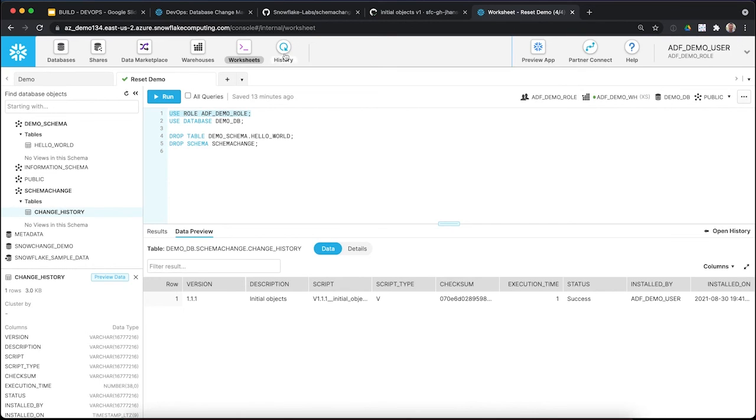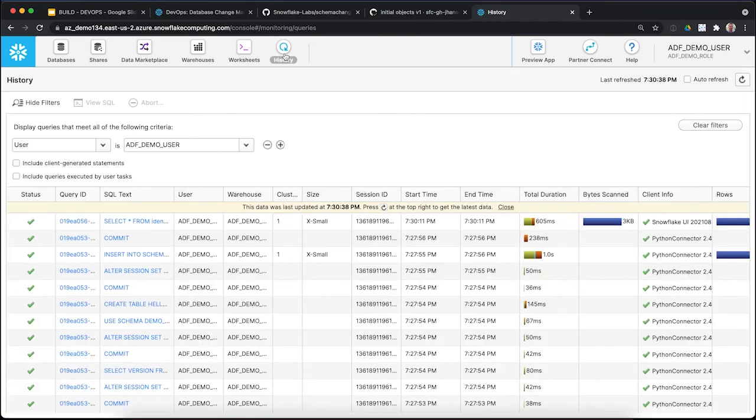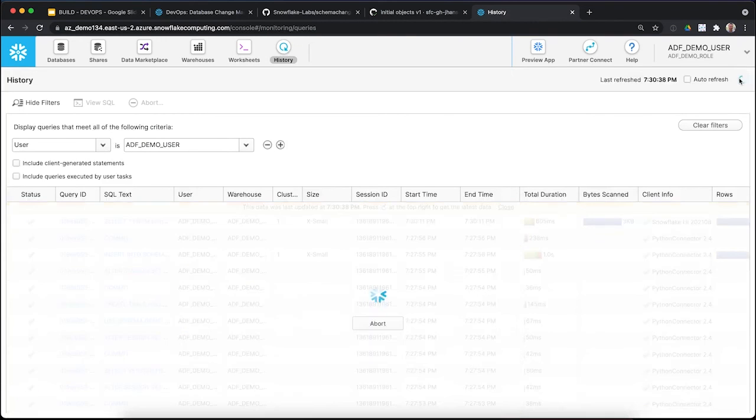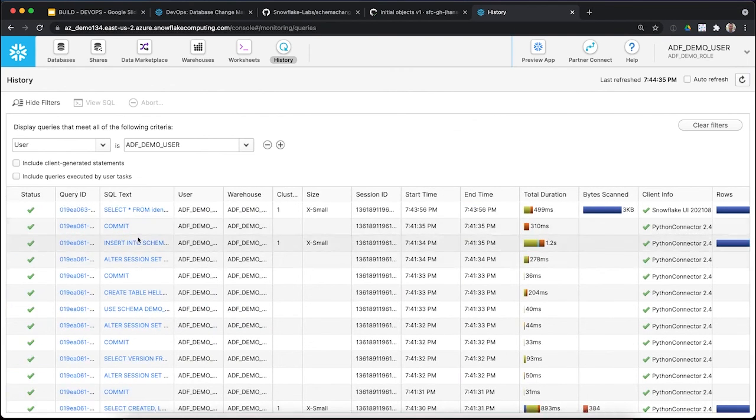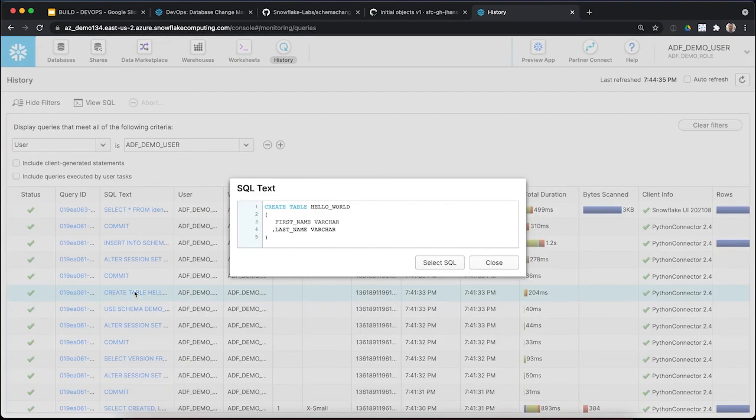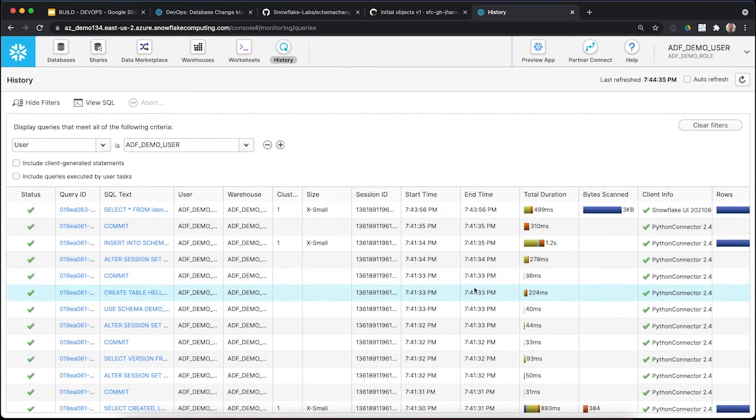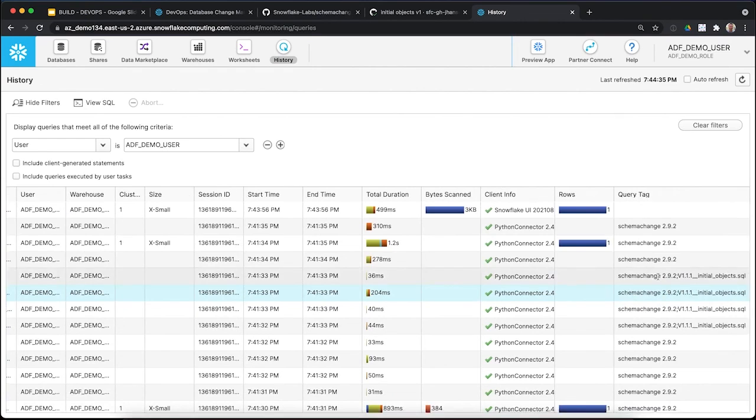And then we can also go look at the history. One thing that's great about Snowflake is that you can see the entire query history. We can actually see the table getting created. So here's my create table statement, hello world. And the other thing about this, just a Schemachange specific thing, is we use the query tag capability